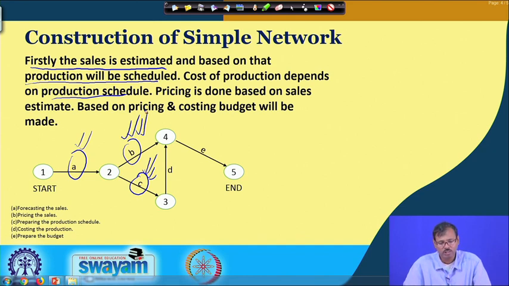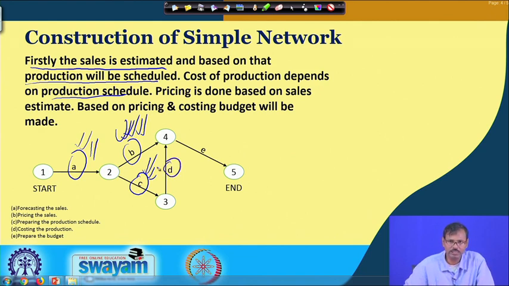From that also you are estimating the sale, you are simultaneously getting the market price of that product, and based on that you are finding the possible pricing. In the winter time it is this one, in the summer time it is this one. So, these are the two jobs which you can carry out if you know the result of this sales estimation. From these two you can do this one.